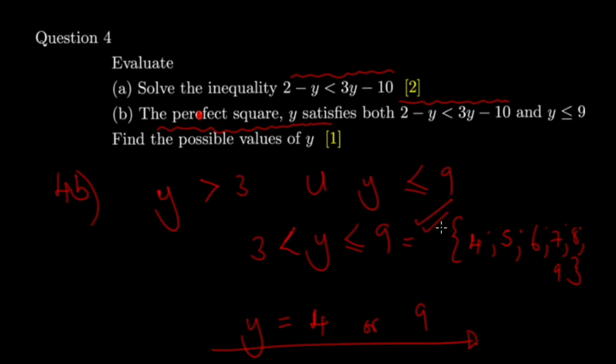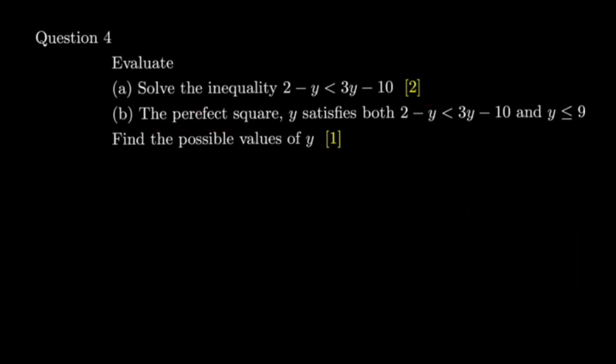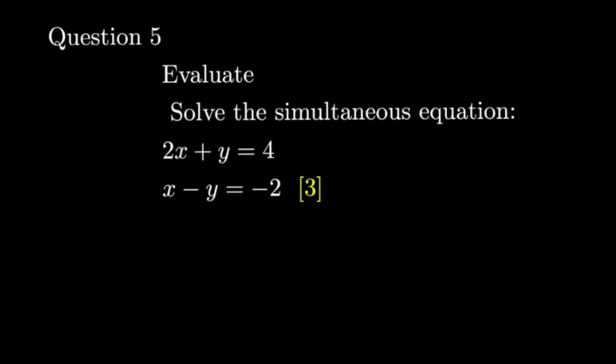So that's it for this question. And so let's move to question 5. Question 5 says solve the simultaneous equations. So you have 4 methods of solving simultaneous equations. The four methods are: method 1, elimination;